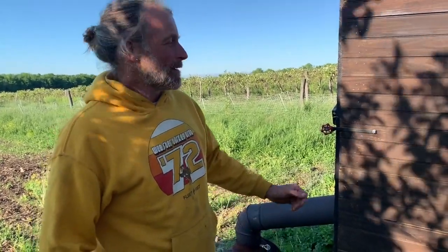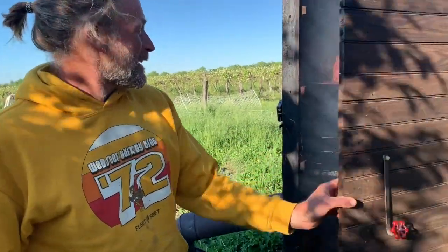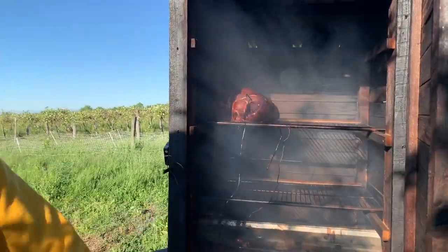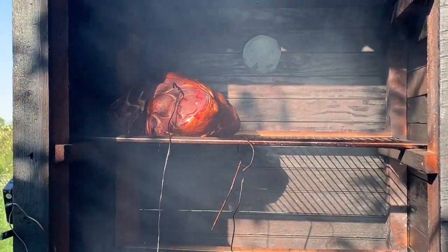All right, finishing up our day of smoking here. We pulled the pork belly off after about 4 hours. Fried it in a piece. It was delicious. Jerky was a little less time than that, maybe about 3 hours. Our ham, we'll show you the ham here because it looks so nice. Hasn't quite reached the internal temperature we want,